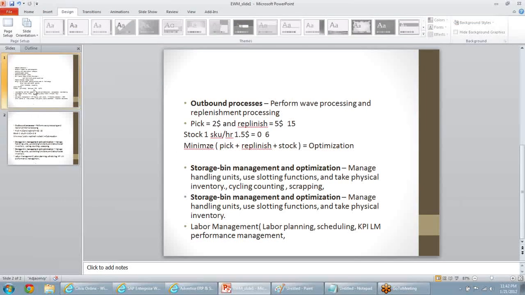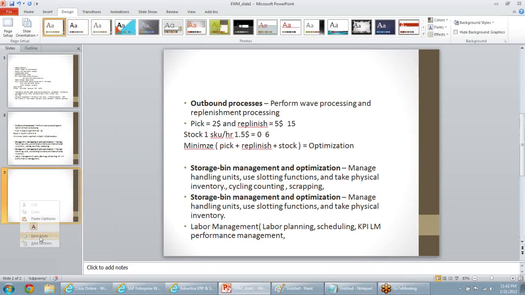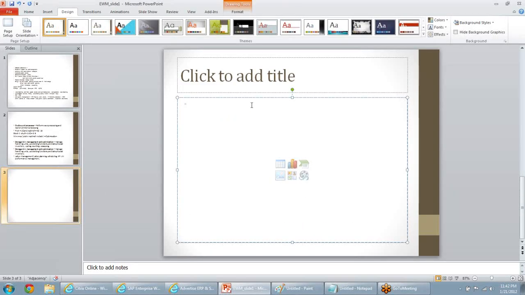So these are the features in the outbound and inbound, and within that we have something called the internal process also. Internal means the ad hoc movements from one warehouse to another, from one bin to another bin, and RF should be supported by any of my WMS systems. What is this RF? Radio frequency gun. That means I should have a small gun where I should be able to execute all my warehouse operations.